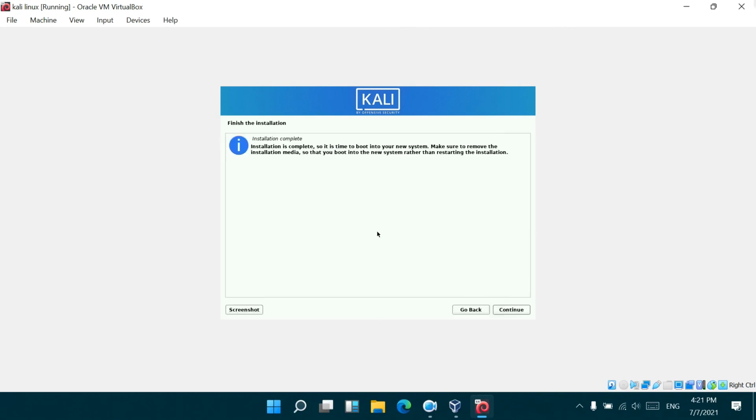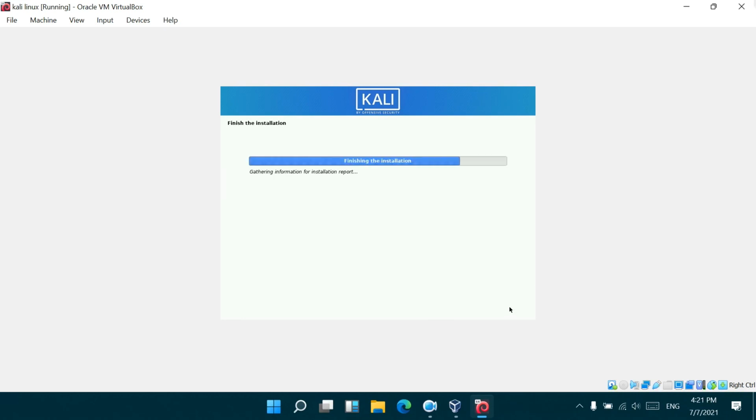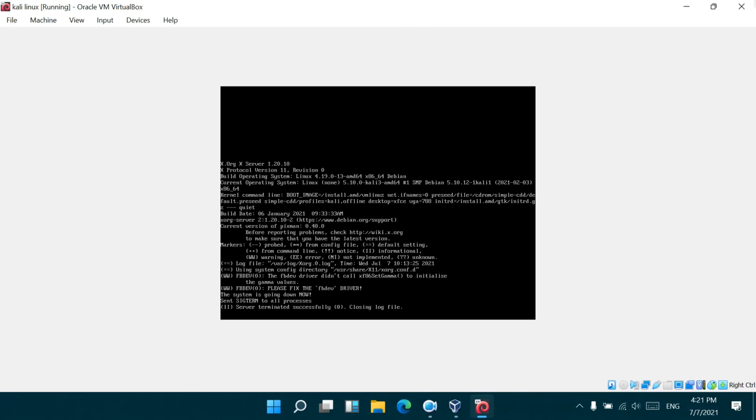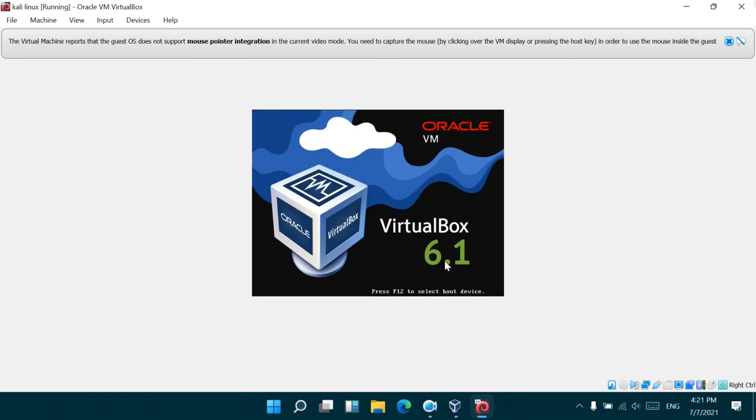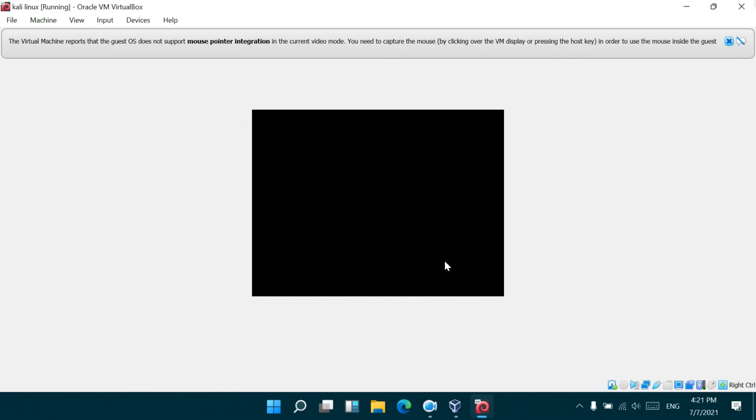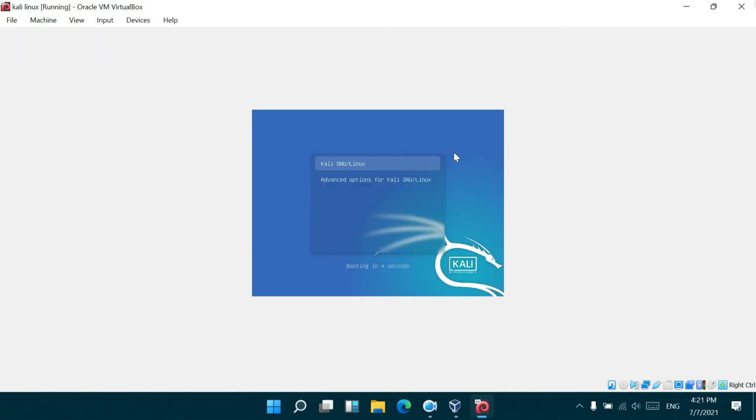So now the installation is complete. Here we select continue. Now it will restart. Here you also have to select the first option, Kali GNU/Linux.